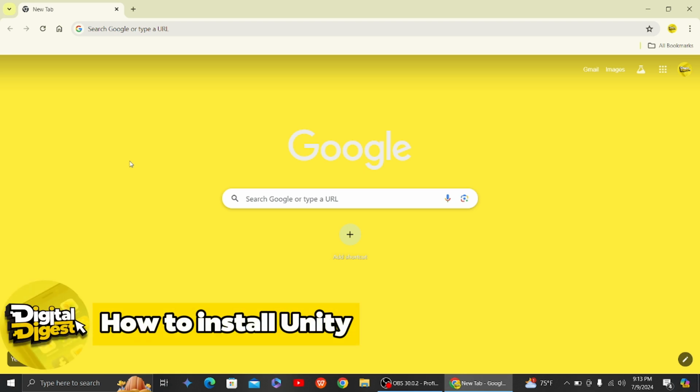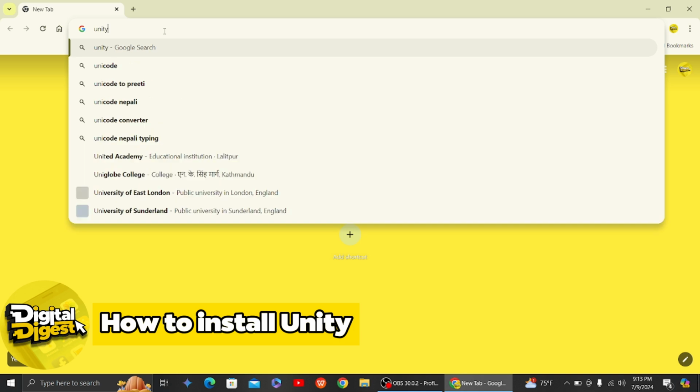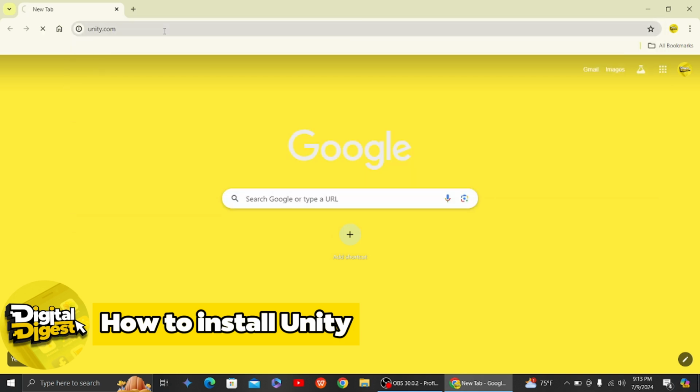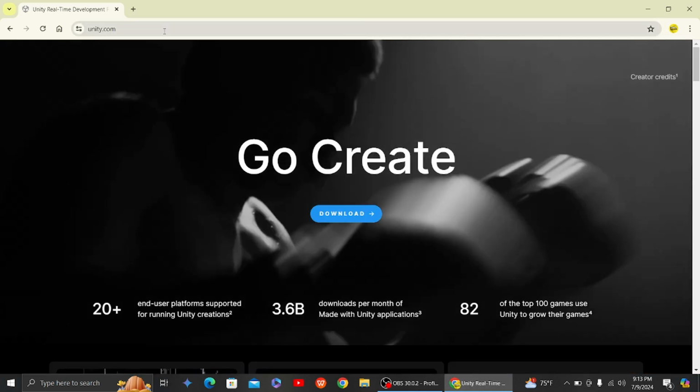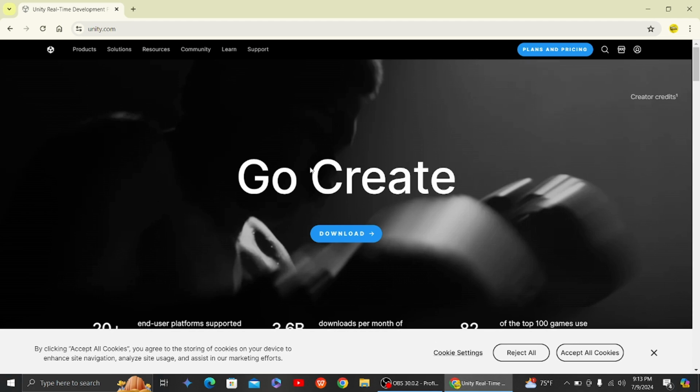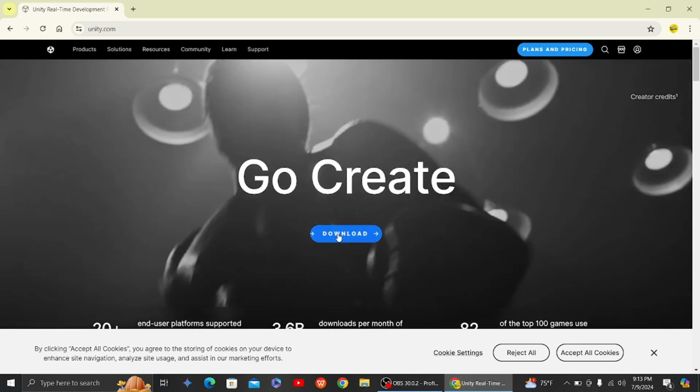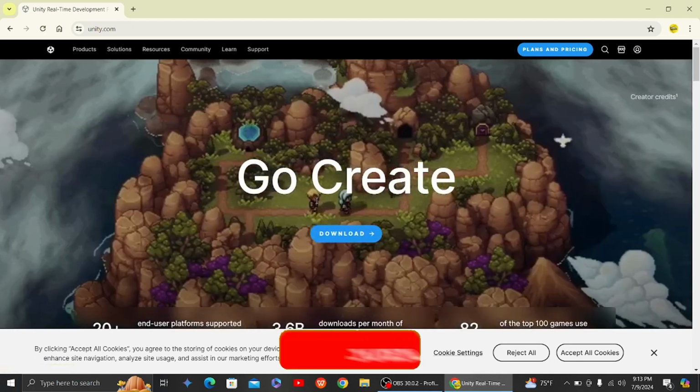on your PC. So first what you have to do is go to the official Unity website. So let's go ahead and go to unity.com, and over here you can see this is our website, and here you can see the download option,